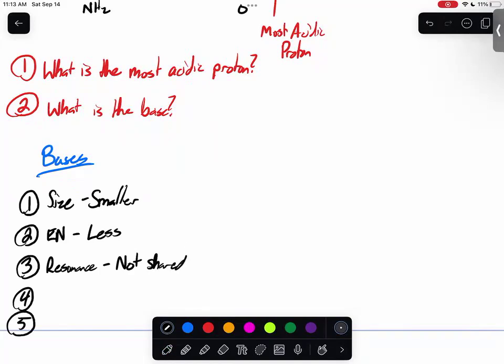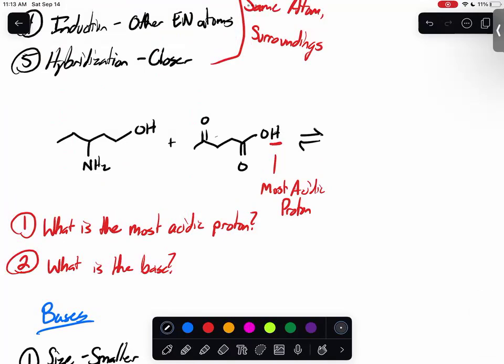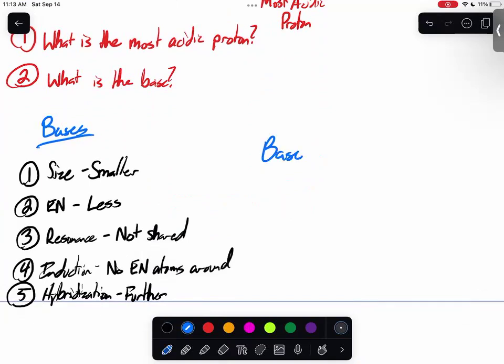If we're looking at induction, we want there to be no electronegative atoms around. And if we're looking at hybridization, we want it to be further away. So looking at this up here, essentially the only other criteria for a base is a base must have, I'll spell it all the way out, lone pair electrons,